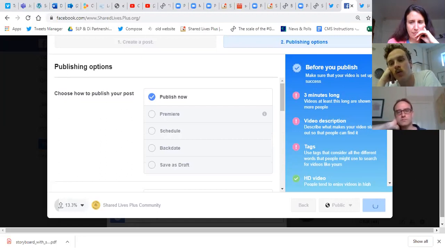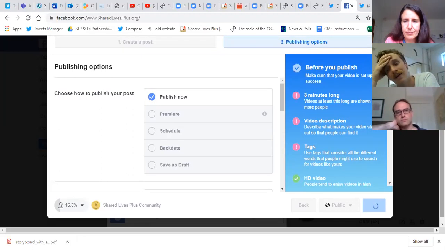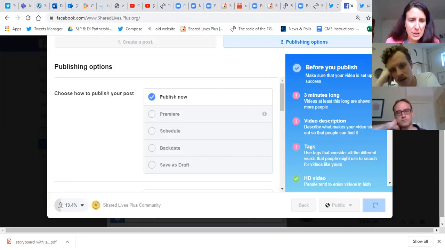But if you want to be able to host the video on your page where you can track how many people have seen it and stuff, then this is how to do it. This is how you publish a video. It actually gets more views, doesn't it, if it's hosted on Facebook as opposed? Yeah, because I think it automatically plays when people are scrolling through their feeds. Yeah, it's worth doing both. I always do anyway. It's good to try and host stuff on the Facebook page. And this is taking some time. I wish I'd used a smaller video now.